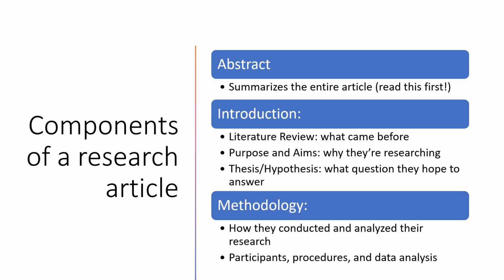The abstract summarizes the article, often in a short paragraph. Read this first to help determine whether this paper may be related to your research topic. After the abstract is the introduction, which often includes three components: the literature review, which describes previous studies; purpose and aims, which describes why they're researching this topic; and lastly, the thesis or hypothesis, which states the question they hope